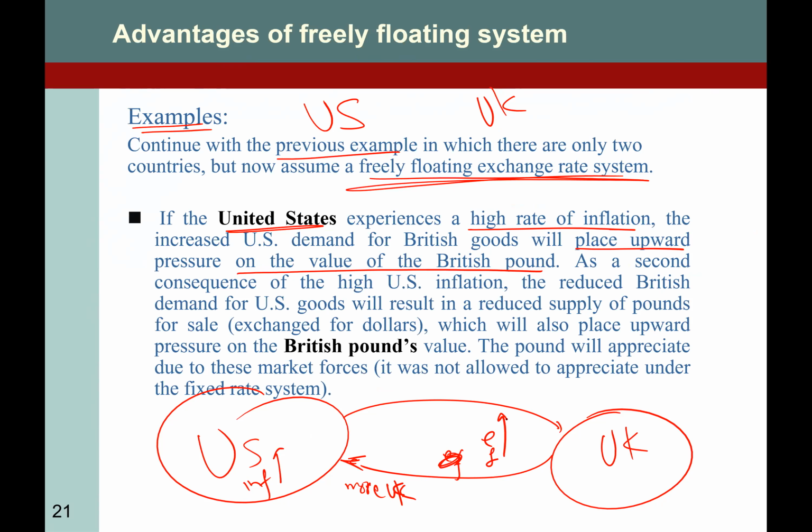Now what will happen? For UK citizens, when they convert their pounds into dollars, it will be more expensive for them. Understand? So the second consequence of the high inflation is that it reduces the demand for US goods and reduces